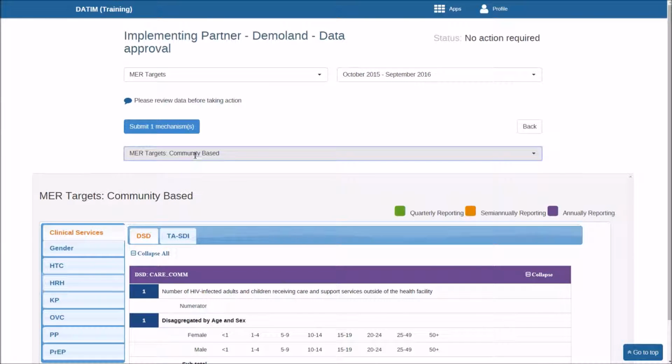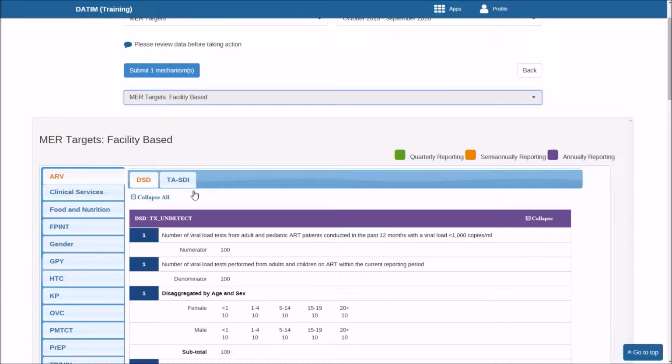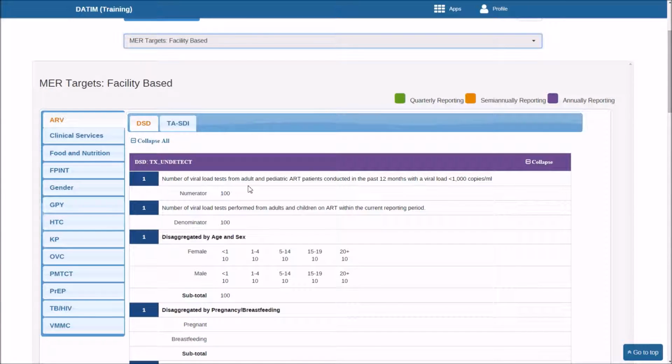I can now select my appropriate dataset, and I can review the data. If I do not run the analytics process, or have not waited long enough between entering data and getting into the data approval application to allow the analytics process to run automatically, then I will not see this information displayed in the approval app. That is why it's so important to run the analytics process between each step when running this demo. Now that I see that the data is present and I'm happy with the data that's been entered,